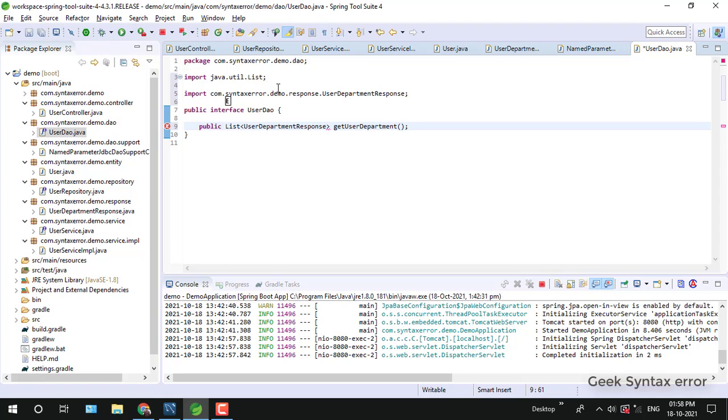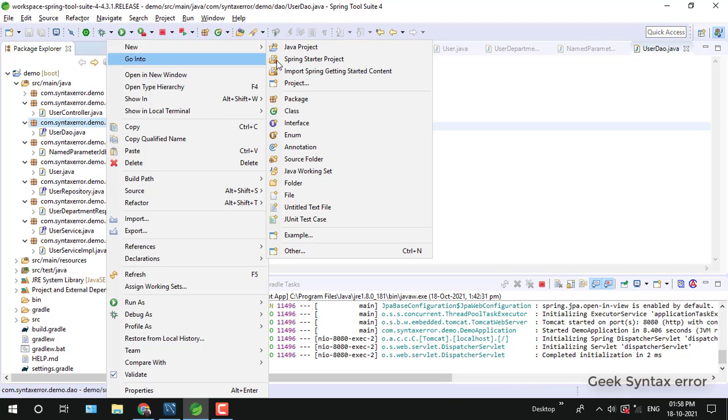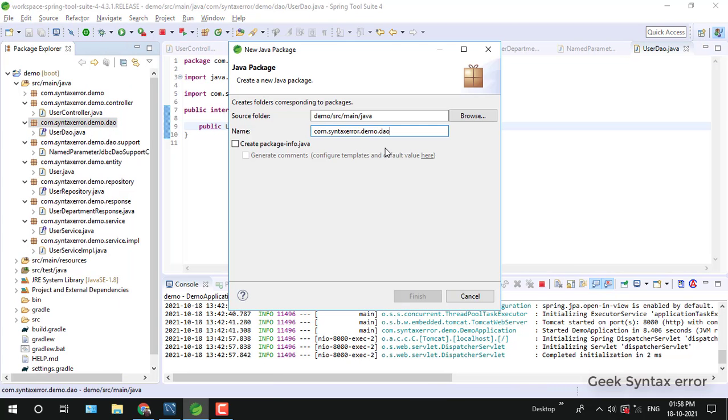Get user department. So I just created a method definition here.